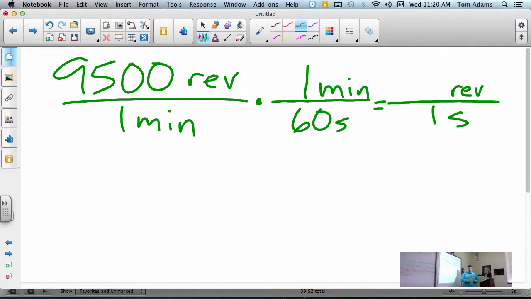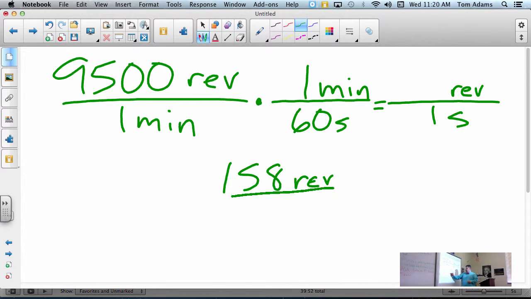Somebody do that on their calculator. Today I'm just going to do it by hand because we're just going to do simple multiply, divide, subtract. So if I say 9,500 divided by 60, I'll get 158. So I've got 158